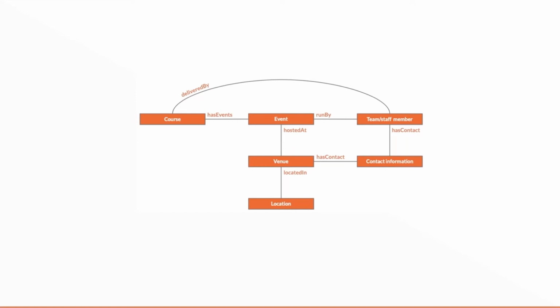As we start looking at these relationships, it's a really good test of the objects, because we could make a case here for saying we actually need a role. That thing I said about there being lots of different roles when it comes to running events: run by is too general. Actually, we want to say role is an object in its own right, in which case a team or staff member has roles. Roles are part of delivering a course, and there are also different roles involved in different events. People will change, but roles generally stay the same for those things. That could be another way of breaking it up. So that's an introduction to domain models.